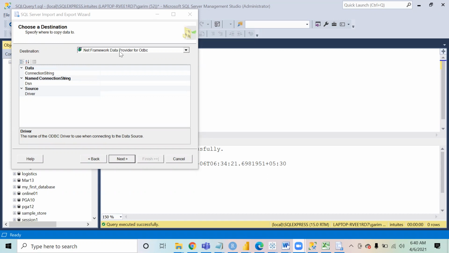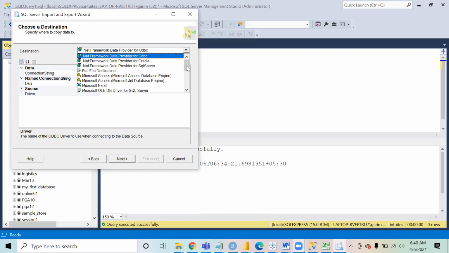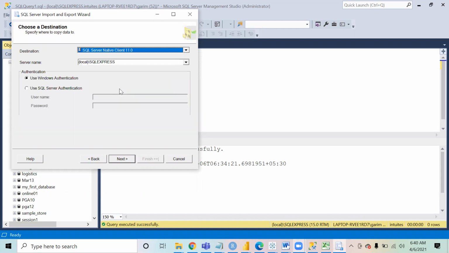We have to select the destination, but the bottom is showing driver, the name of the ODBC driver to use when connecting. From here, we have to select SQL Server Native Client. Do we know the full form of ODBC? ODBC means online database connections, basically. These are something that we use when we have to connect to other data sources, like Oracle and all. For that, we need ODBC connections. Okay.